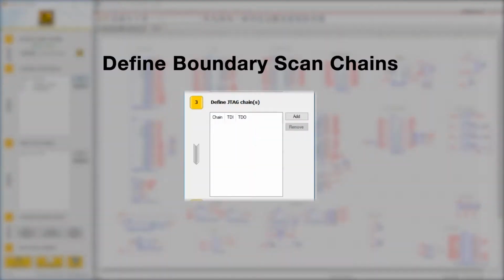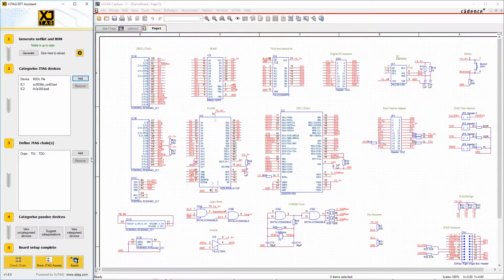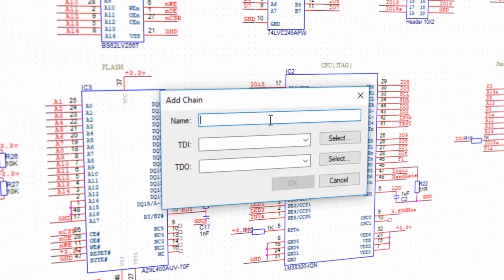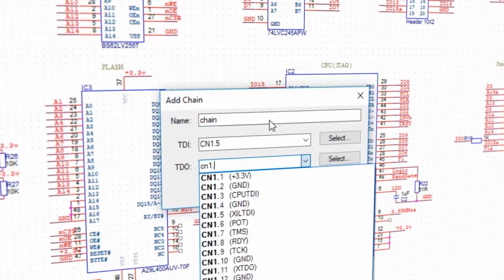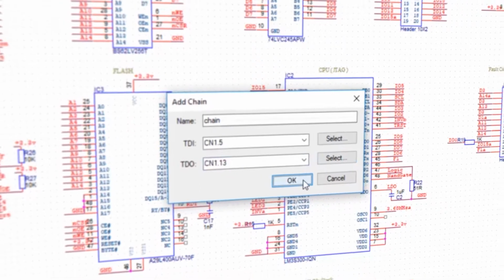After that, you can define the boundary scan chains. The test access port on your design will have the following pins: test data in, test data out, test clock, and test mode select. An optional fifth is test reset. To enable testing on the design, you will only need to set up the entry and exit points, TDI and TDO. This will check that the chain is routed around your devices correctly. Each chain can contain multiple JTAG devices, and up to 4 scan chains can be defined in a single circuit.